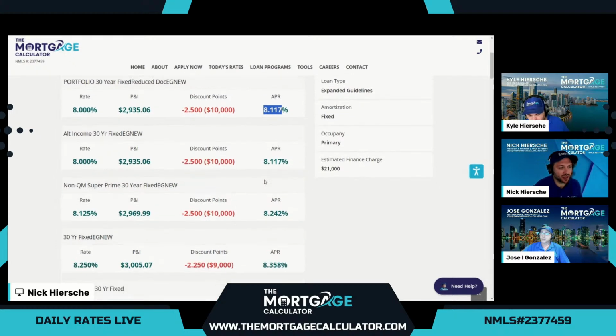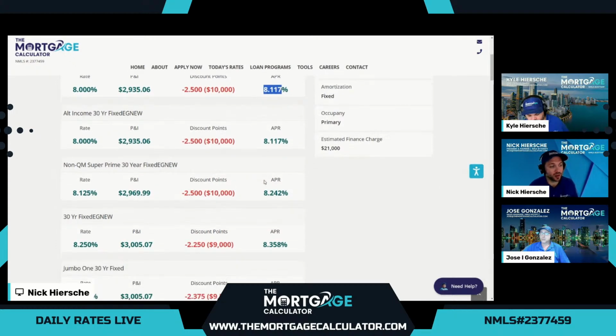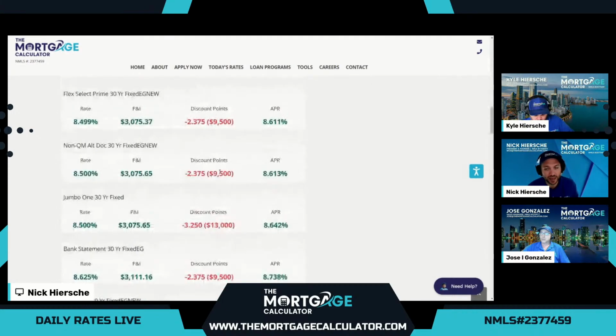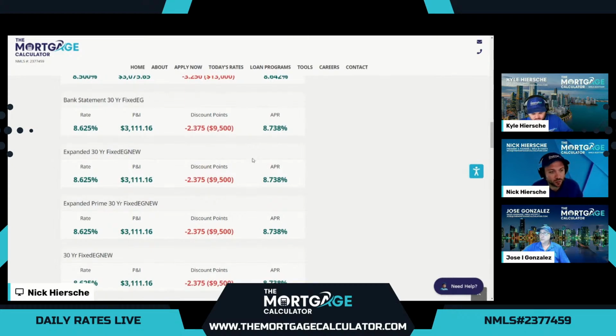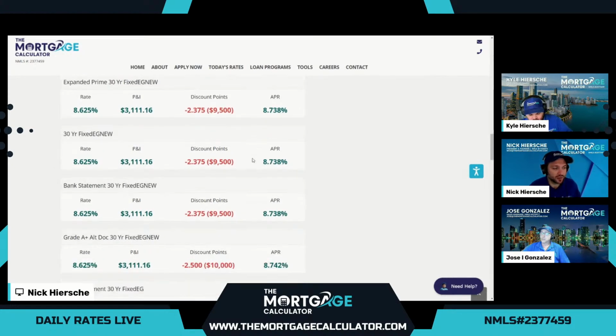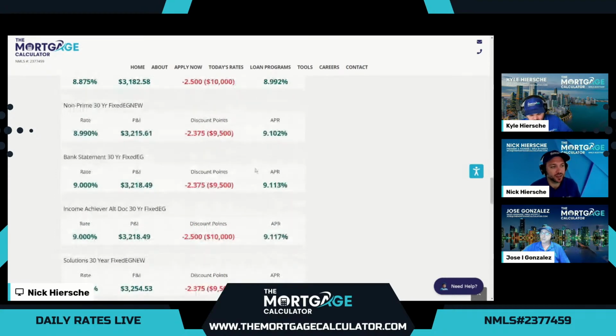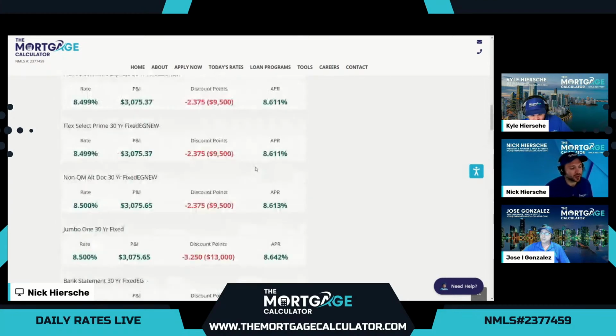And if we scroll down here, there's a ton of different options, some at a little bit higher rates and costs, may allow things like bankruptcies or foreclosures, or may use alternative methods to calculate the income. So please get with our team. There's dozens, if not hundreds of different options here under the non-QM, just under bank statements.